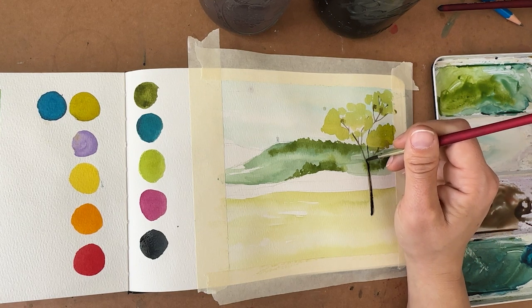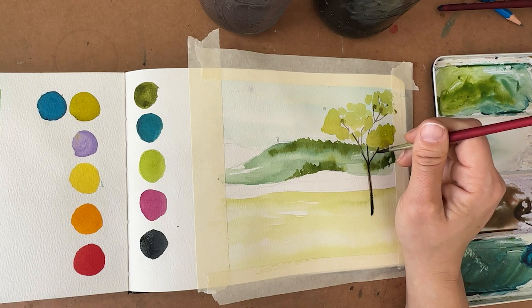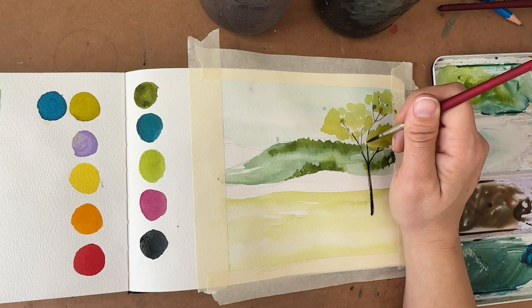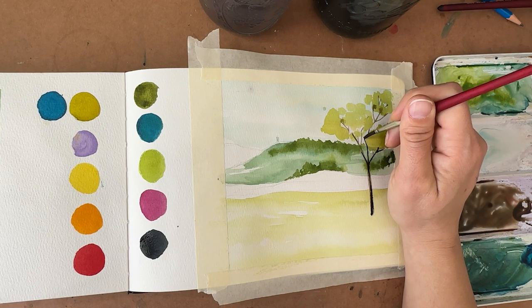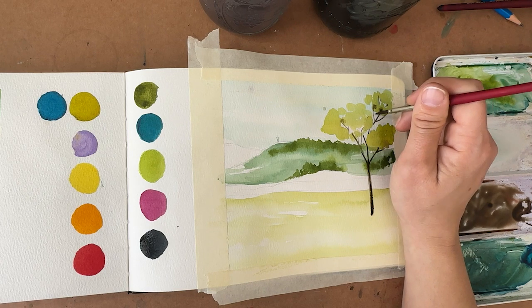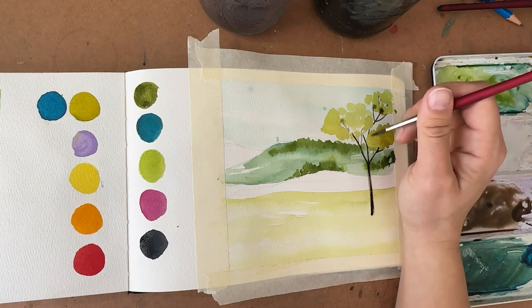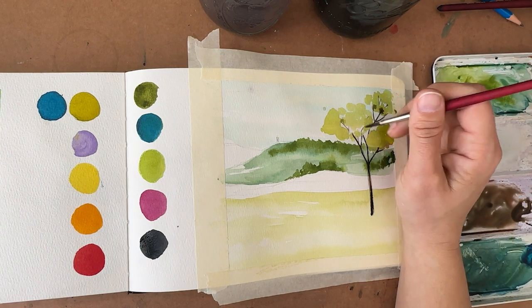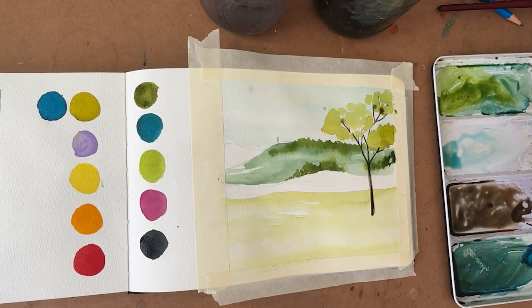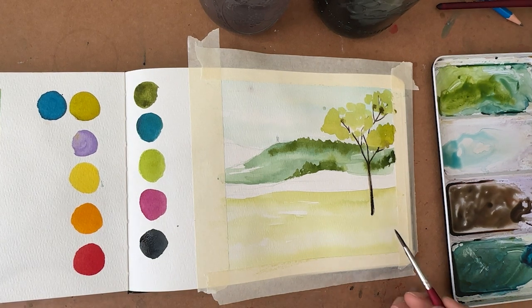Now I'm just adding darker color, letting some of the lighter color be. If it doesn't cover up all the lighter color below, that's fine, that's great. There we go. All right, so looking good so far,